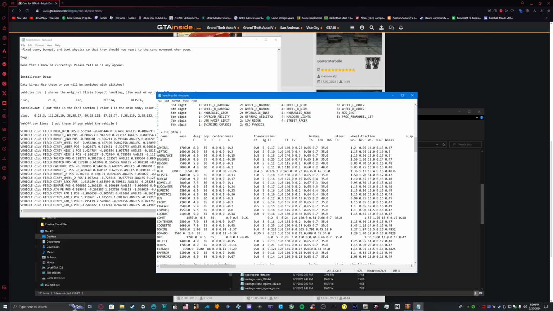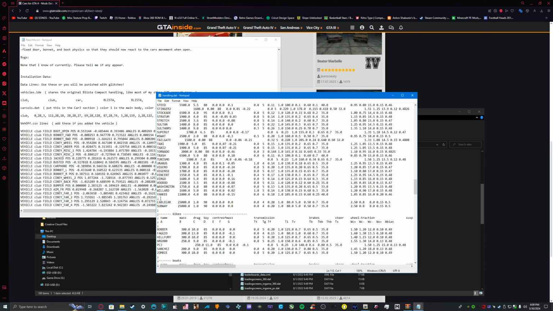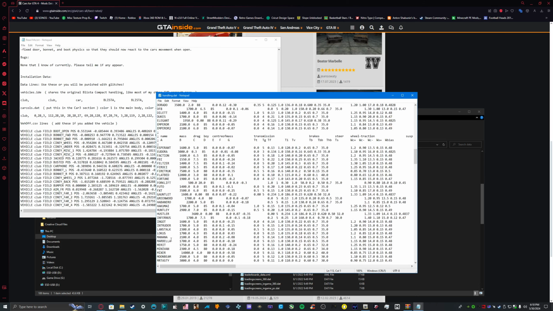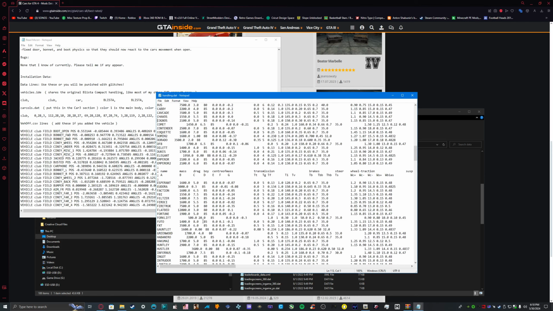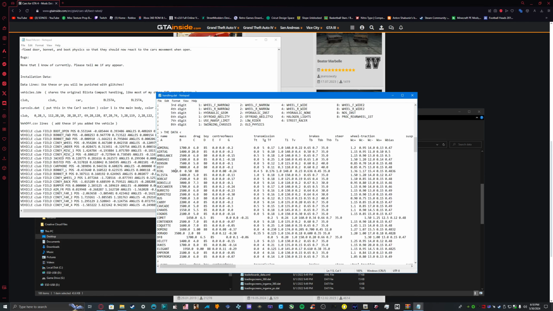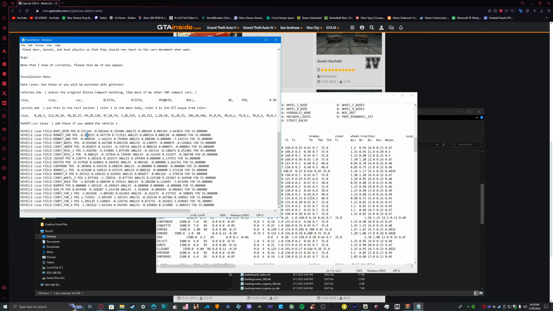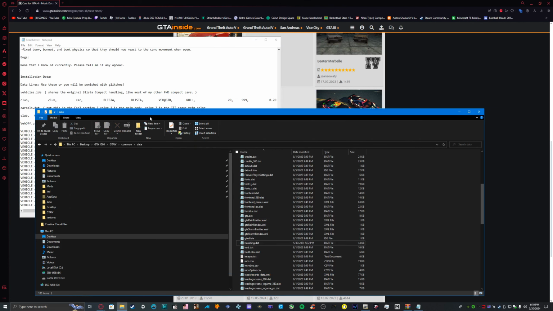Because from what I've seen, I've done this in the past, I haven't put them in alphabetical order, and I instead just put them below the Yankee but before the cable car, and the game always crashes. And when I removed it, it didn't crash anymore. So I recommend you just put it in alphabetical order so the game doesn't crash. That's my recommendation. So we're done with that file. Now we need the